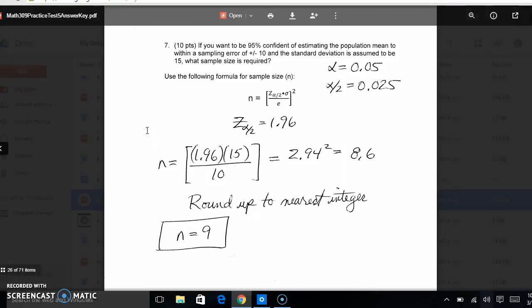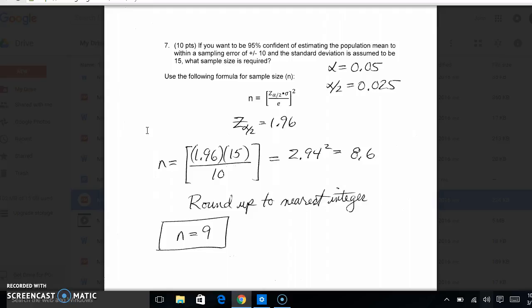Okay, so this is practice test 5, problem number 7. And here we are determining the sample size that we need for a certain sampling error around the mean. Problem number 7 says if you want to be 95% confident of estimating the population mean to within a sampling error of plus or minus 10, and the standard deviation is assumed to be 15, what sample size is